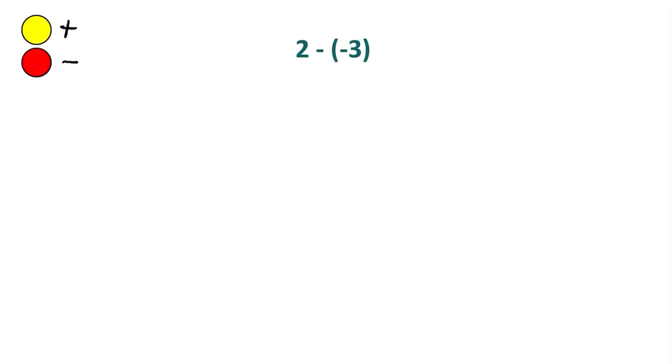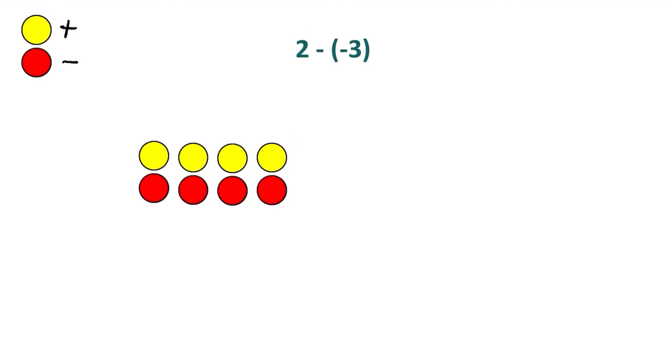Let's have a look at what happens now when we have a positive number and we want to take away a negative number. Right, now again, let's start with our zeros before we attempt to even calculate anything. So we have our zero sum pairs, where a negative and a positive integer equals 0.